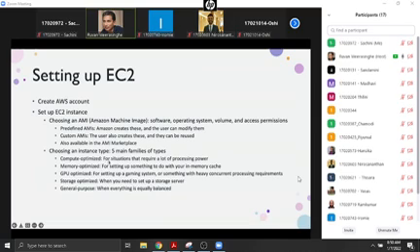Compute optimized images. So these are the things where the primary focus is on processing power. So for analytics or machine learning, you can imagine this is one of the important things, right? Of course, if you're going to do some complex analytics, not the kind of thing we are going to do in a hands-on.